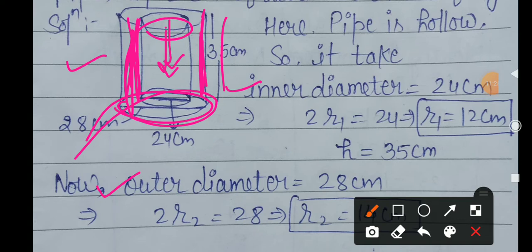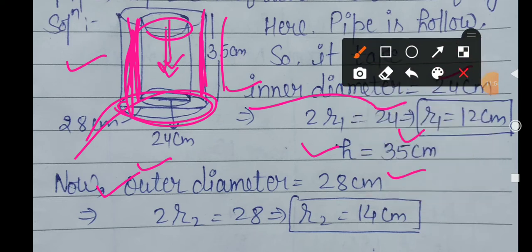Now beta, I have to explain to you that the inner diameter is given here as 24 centimeter. So with the help of the diameter you have to find the inner radius. After dividing by 2 you get the inner radius R1 is equal to 12 centimeter. Now you have height is equal to 35 centimeter, and also you have an outer diameter. The outer diameter is given here as 28 centimeter, and then you have to divide this 28 by 2, because